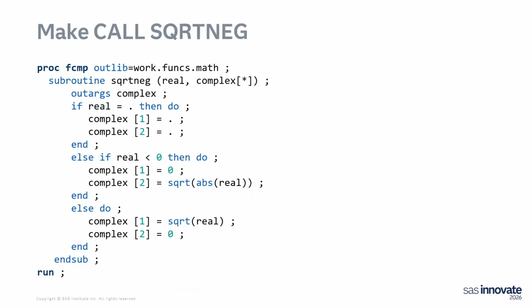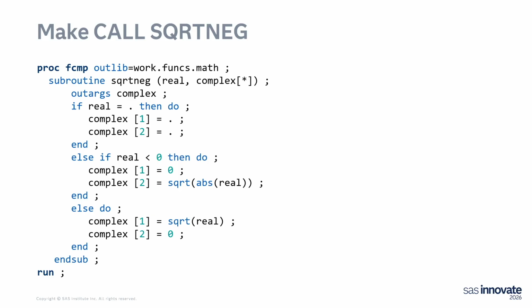So, the next part, let's make it. This is their favorite part. PROC FCMP, and I'm going to write this out to the work library. Okay, we're going to build a subroutine. That's our keyword there. Go ahead and take a picture. Oh, and you can download this also from my GitHub, so definitely do that. And OUTARGS complex, that means that's what we're going to write back out to the data step, whatever I call complex here, and here it's that 2-dimensional array.